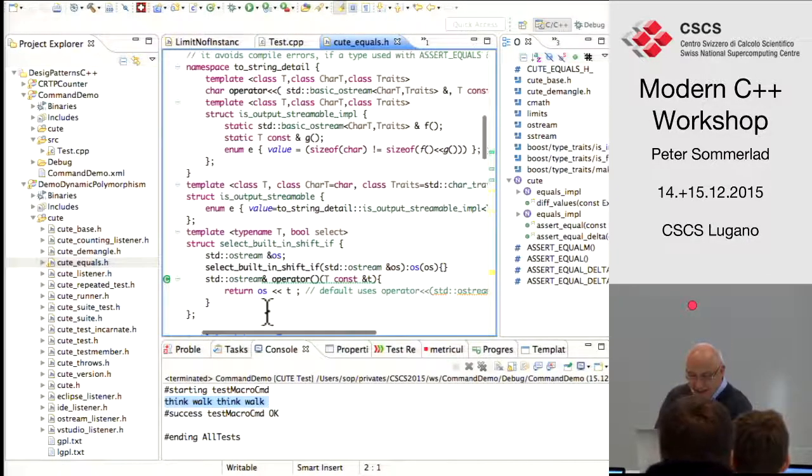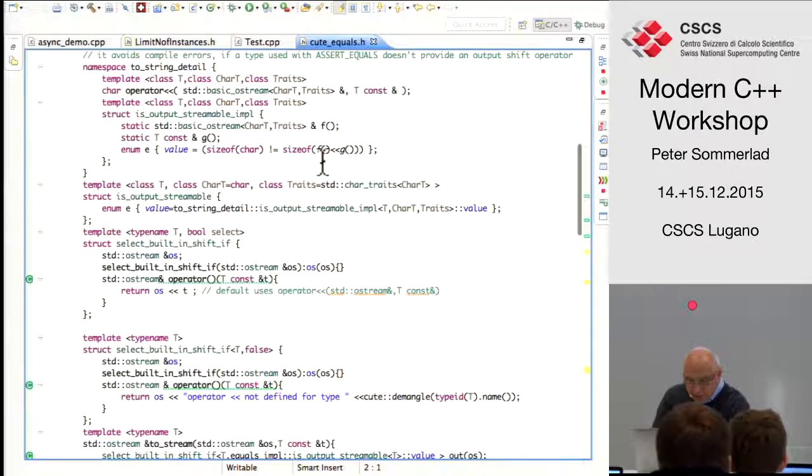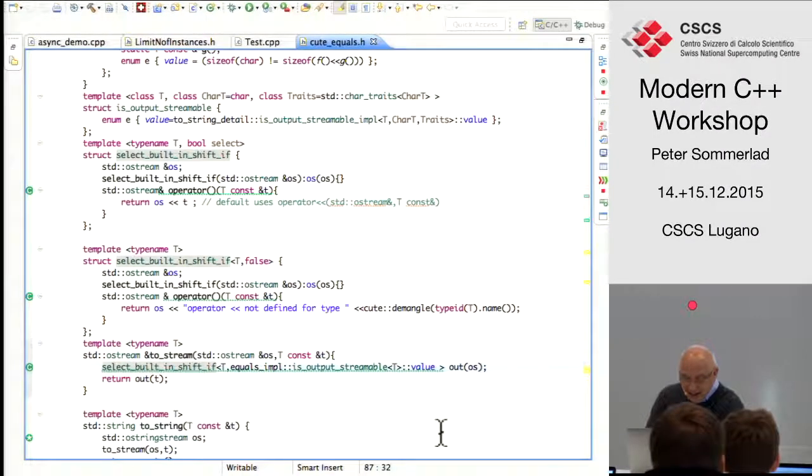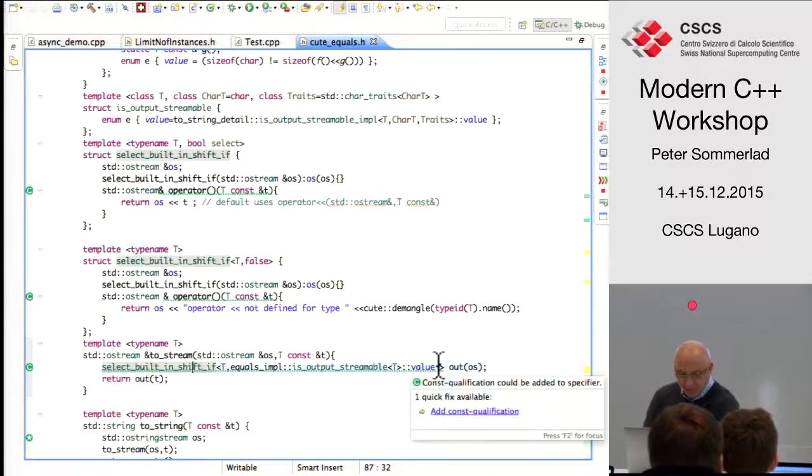And here is some SFINAE code. I want to stream whatever T is, and to do that I have select built-in shift, with a conditional that says, is output streamable?